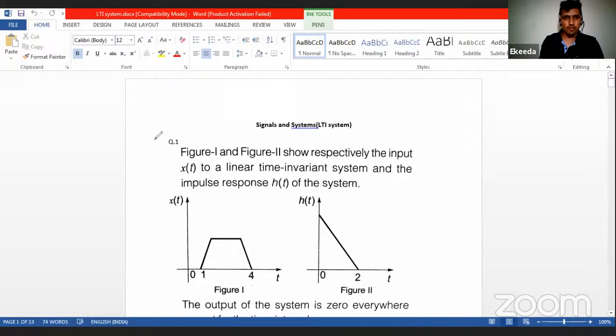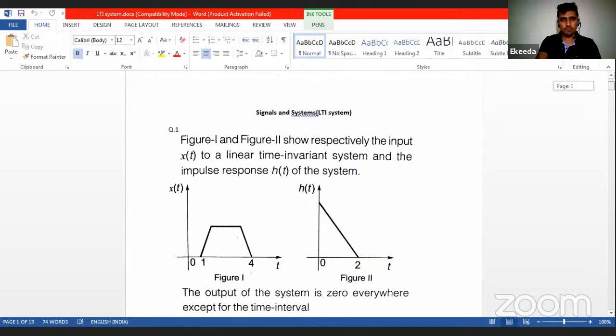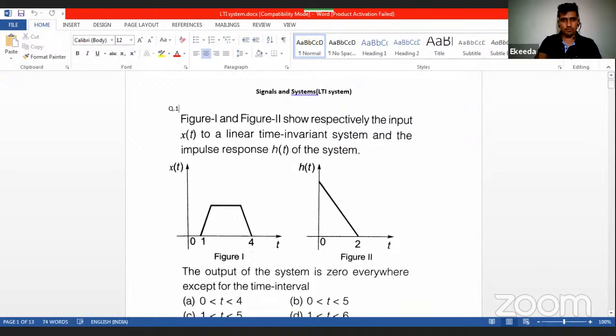So now coming to the doubt session. The test series, this was the question. In this, you have been given an input signal x(t) and impulse response s(t), and you are asked to calculate the output duration. So you can do it by using the